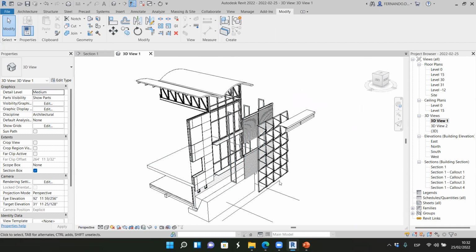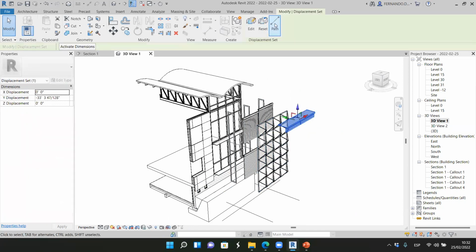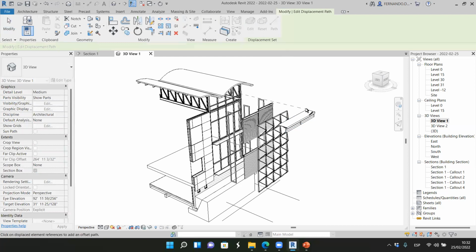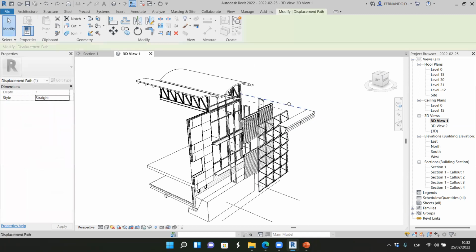Okay, so we have to try to find the nicest angle. And remember that if we click a path, that's clear because it brings the element where it is placed. Okay, and